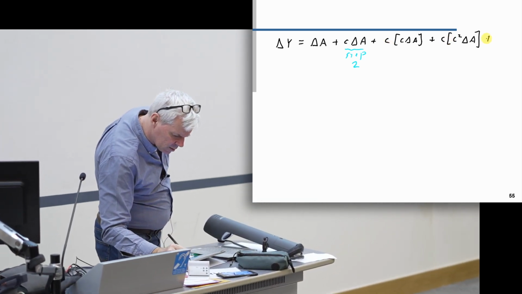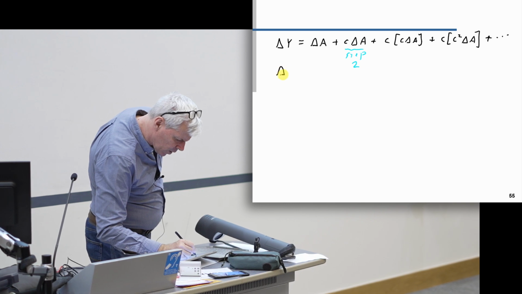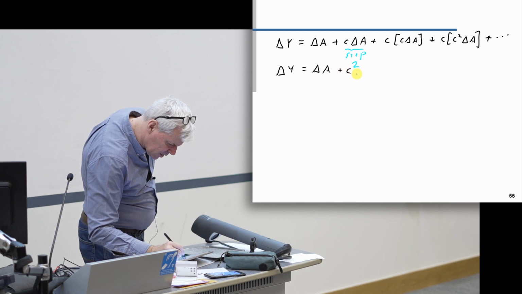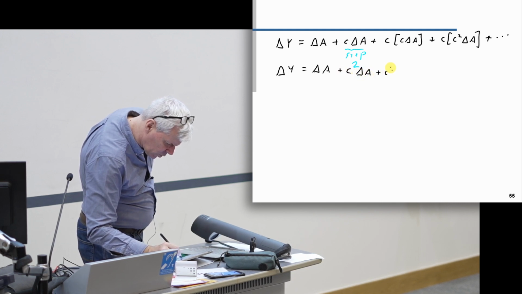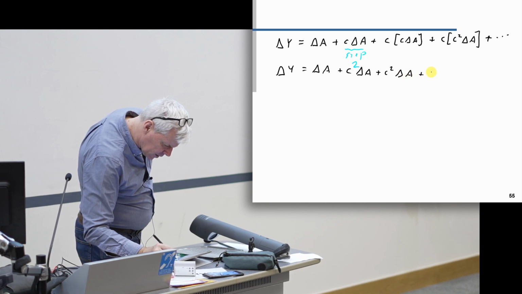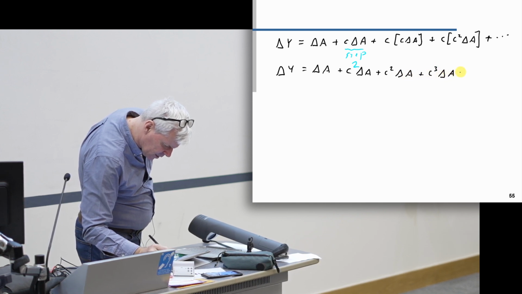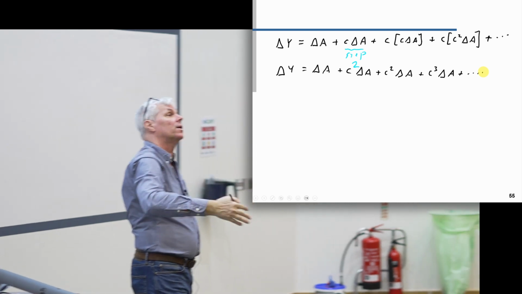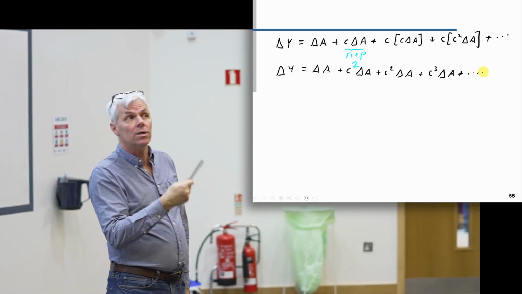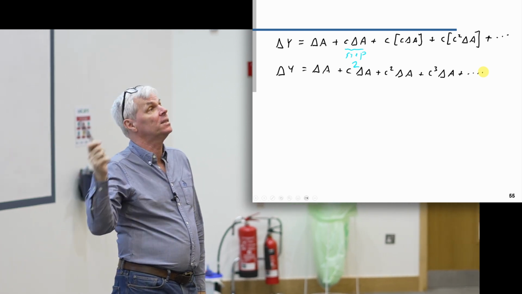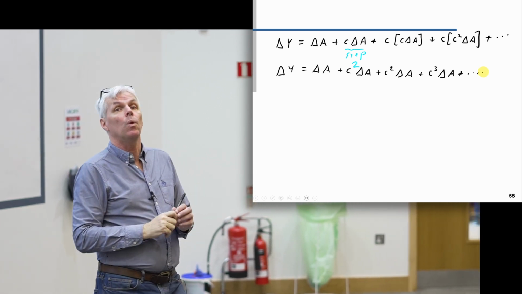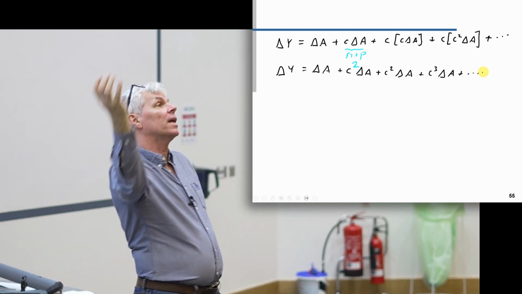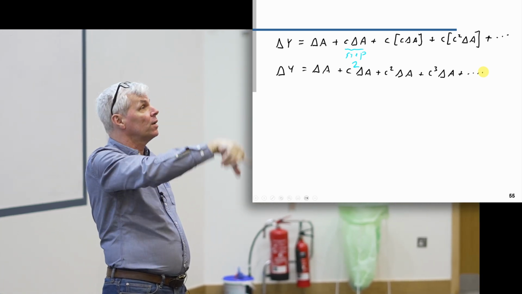C times that. And so on. So if we rewrite this, we get y equals change in A plus c change in A plus c squared change in A plus c cubed change in A, and so on and so forth, into the infinite horizon. It circles around, and circles around. This circling around is, of course, what makes macroeconomics different from microeconomics, right? That when I stop spending, that affects your income. Therefore, you change your behavior, that affects someone else's income, and it circles around and around and around,